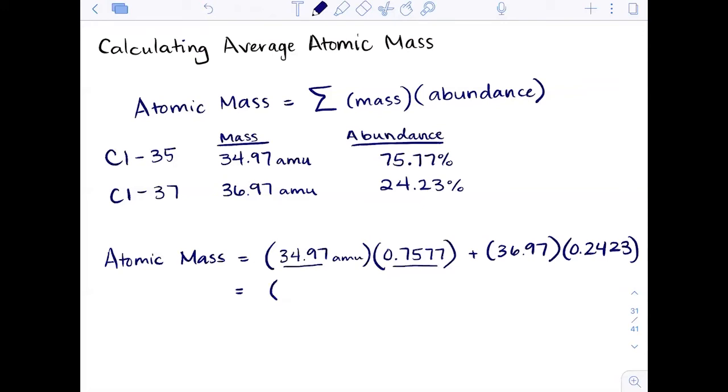So my answer here should be 4 sig figs. 26.50 AMU plus, again, 4 sig figs and 4 sig figs,